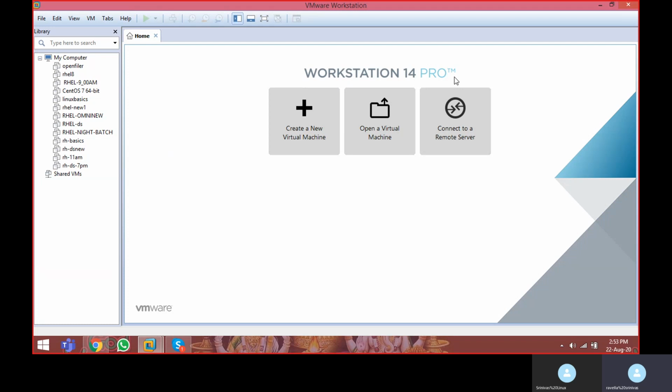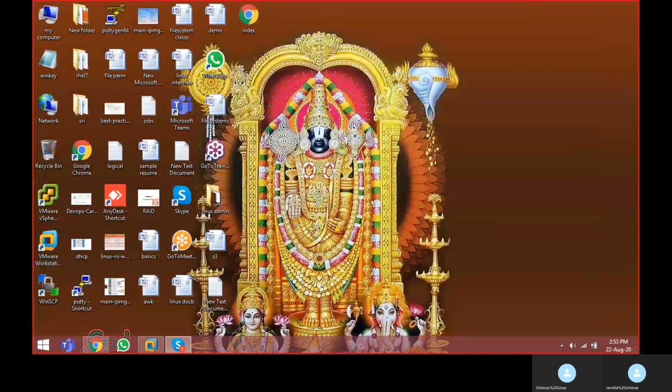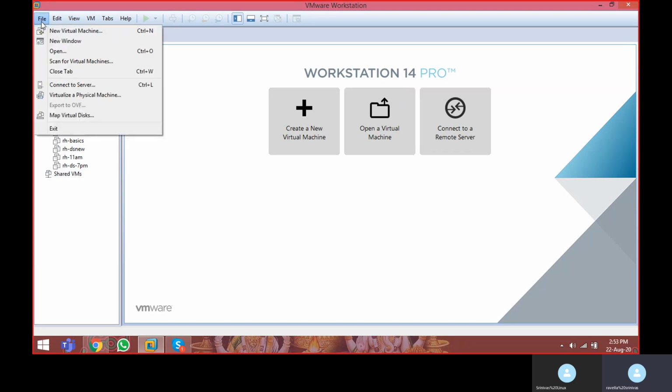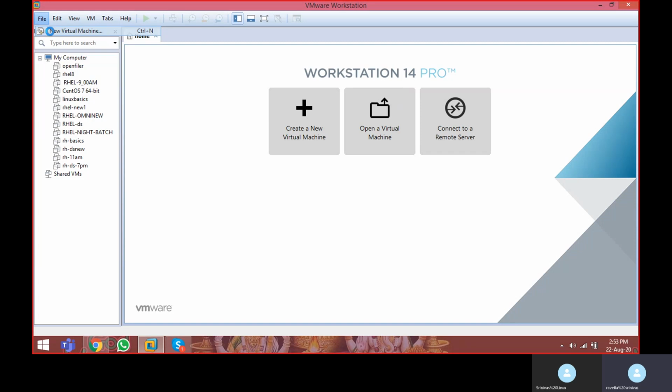Now we are going to discuss the Linux operating system in a virtual environment. For a virtual environment, you need to download a software called VMware Workstation. On top of this VMware Workstation, we are going to create a machine, and on top of that, we are going to install the Linux operating system. Now how to create a virtual machine, we are going to see. Click on File, click on New Virtual Machine,